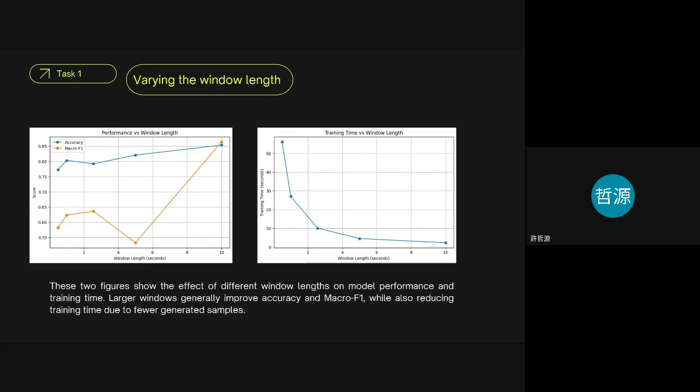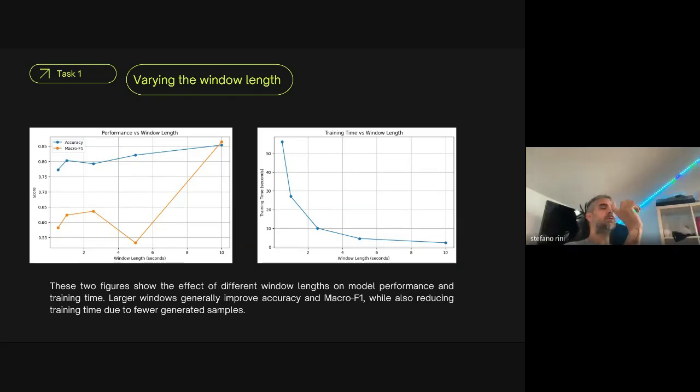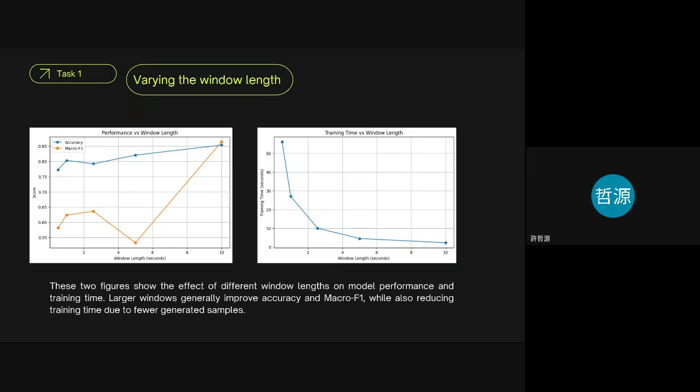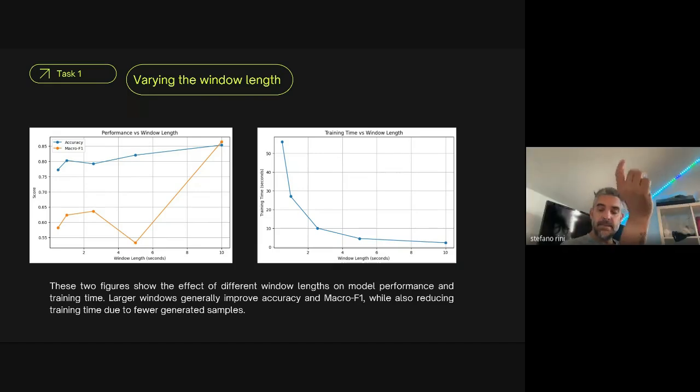And the figure on the right shows the training time for each window length. Interestingly, the training time decreases as the window length becomes larger. This is because longer windows generate fewer total training samples,